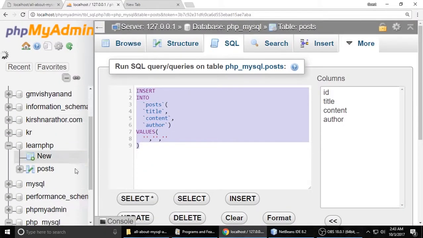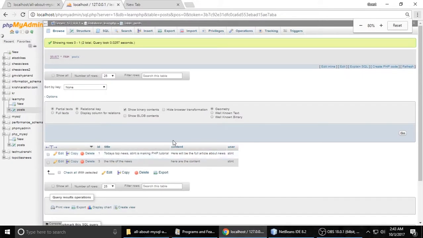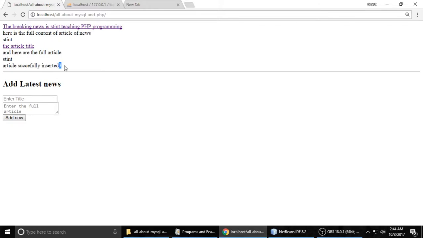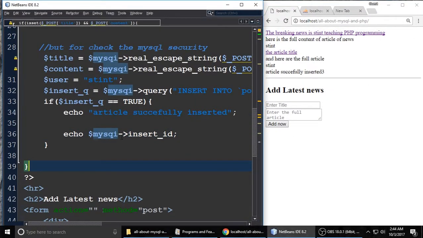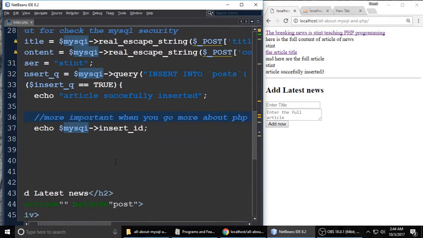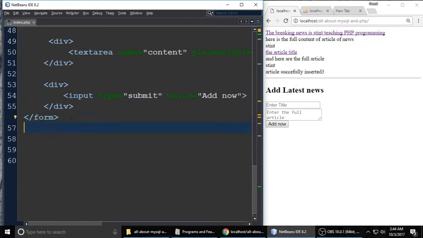another record, and it's returning 3, and just check your database and it's showing a 3. So this 3 is the last inserted id of our table. This is more important when you are going advanced in PHP, that time you can understand how important it is. So just remember that insert id. And the last thing which I want to share with you, say